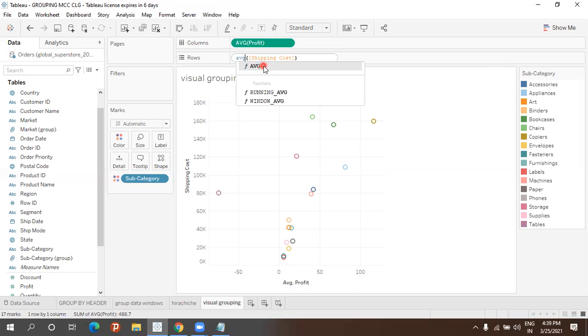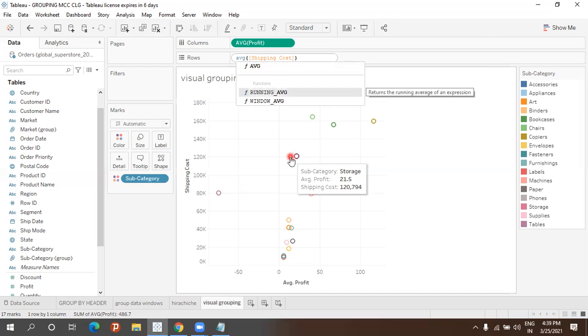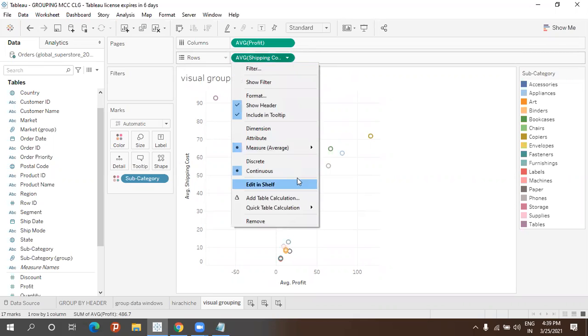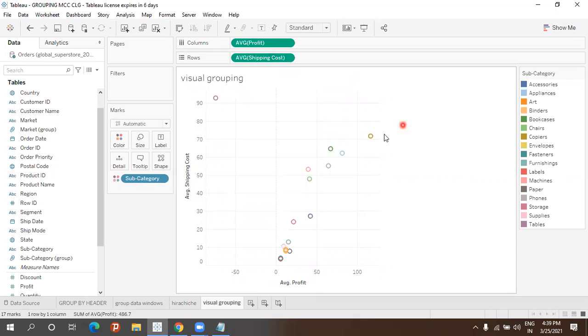Yes, sir. Just click on tab, which is highlighted. See, I can come down like this. Using the down arrow key, I can switch up or down. I came to this one, used tab, and then pressed enter. So see, average of shipping cost, which is better for us. Right? Easiest way. Whichever you want, minimum, maximum, everything, just do a double click and change the formula instead of clicking here and going through these places.